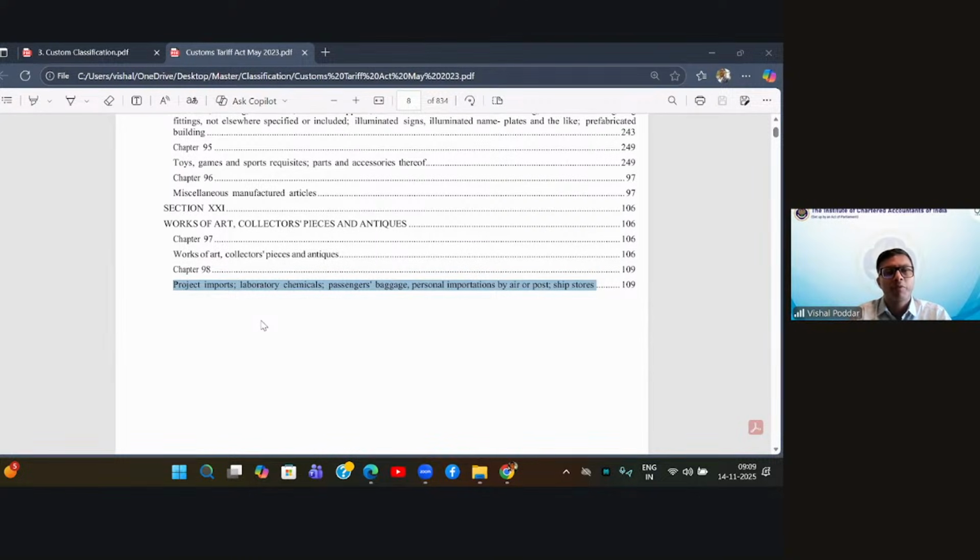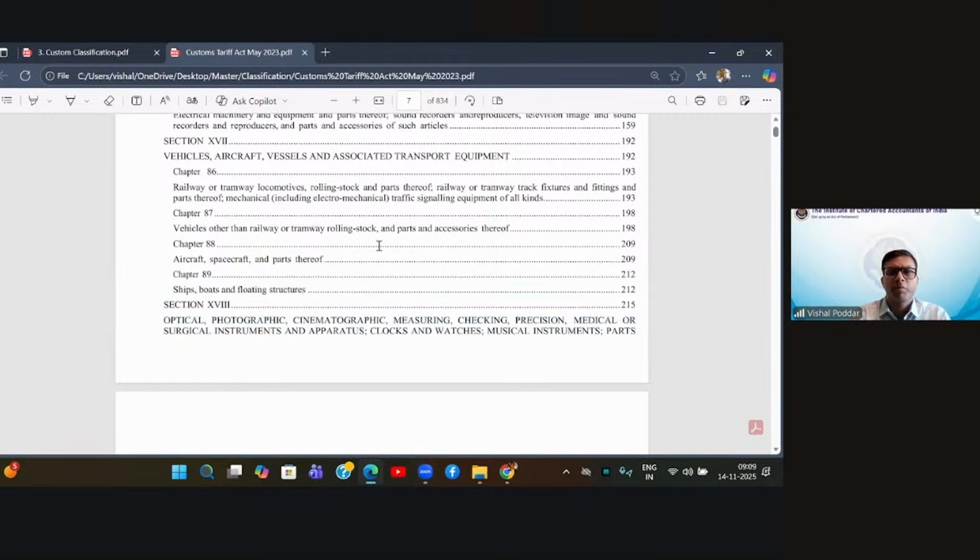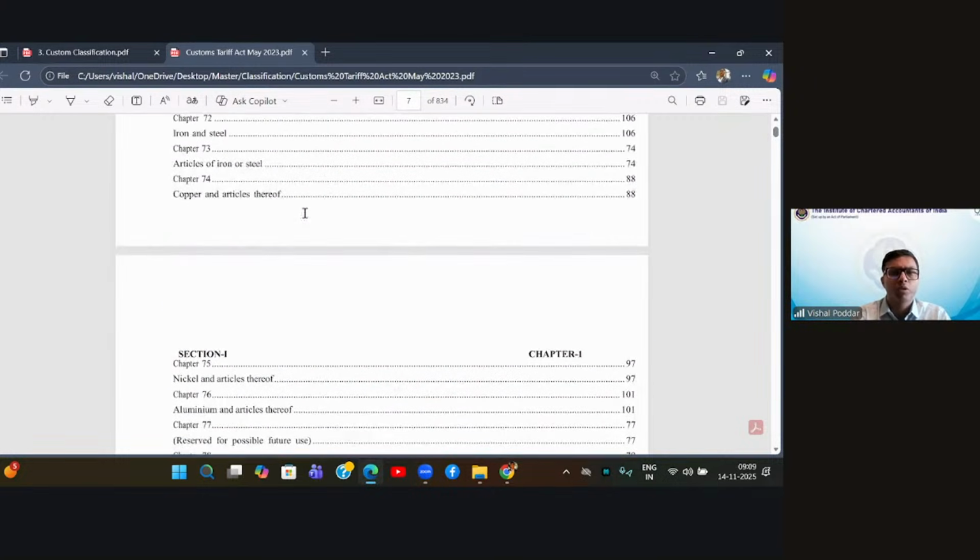Ayush is asking, sir, from where we can download the latest tariff, which I am showing. But this is available. Firstly, you Google it. Google today is the best search engine. You Google it, you write customs tariff. You will get different sites. You can download it from there. It is actually available. I'll show you the name. You can go to that site.